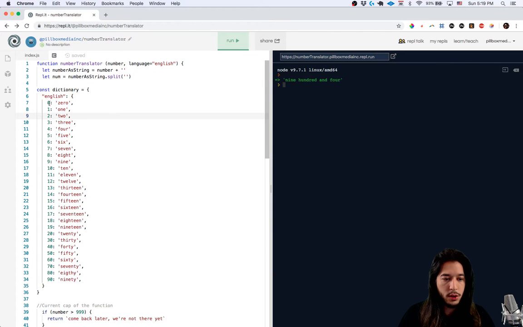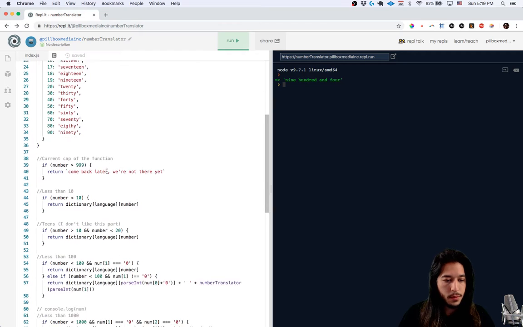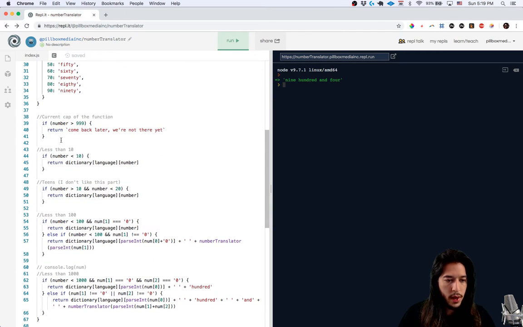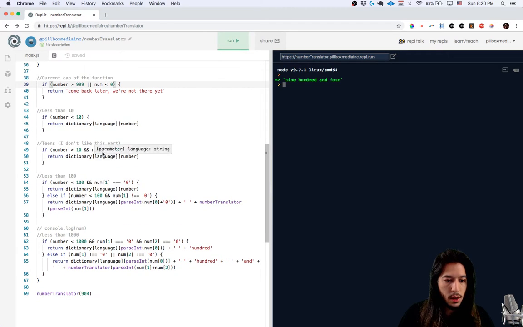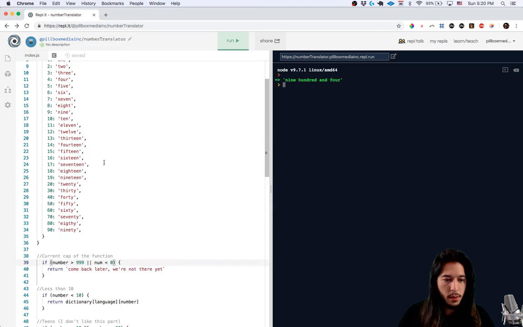And this is my dictionary here. So if you put in 0, it's going to give you 0. If you put in 8, it's going to give you 8. I want to handle negatives also. So, or the number is less than 0. Still works. Okay, so if it's a teen, which means it's greater than 10, less than 20, because these are